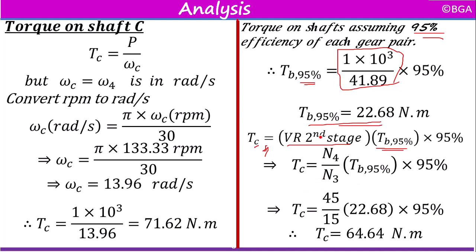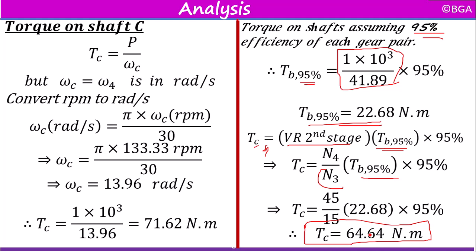So if you do so, the velocity ratio of the second stage means the number of teeth of the driven gear to the number of teeth of the driver gear, multiplied by the torque that we have on shaft B at 95% efficiency, multiplied by again 95%. If you do so, you get the torque transmitted to shaft C at 95% efficiency will be equal to 64.64 Newton meter. So this is how you find out the torque transmitted to each shaft assuming 100% power efficiency and